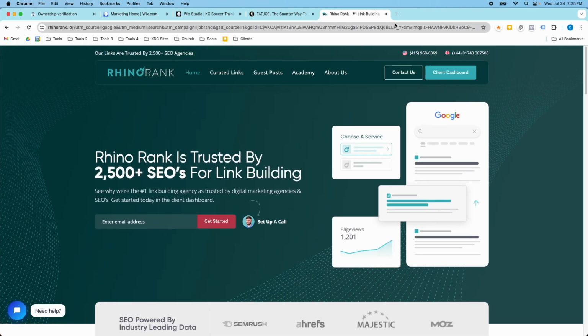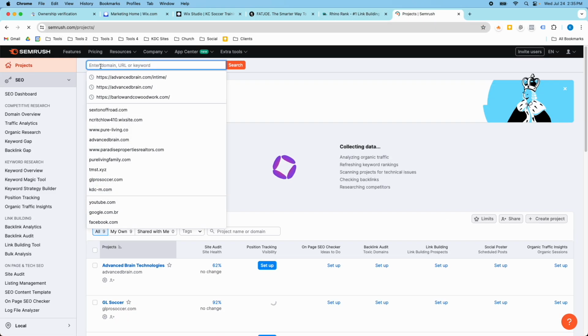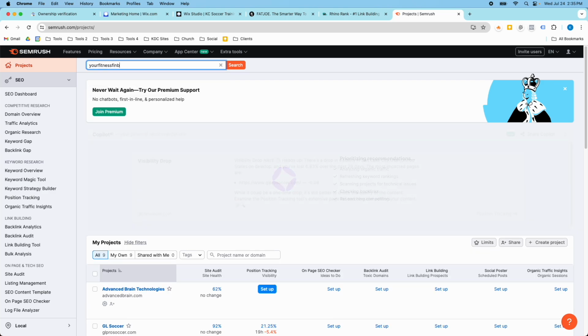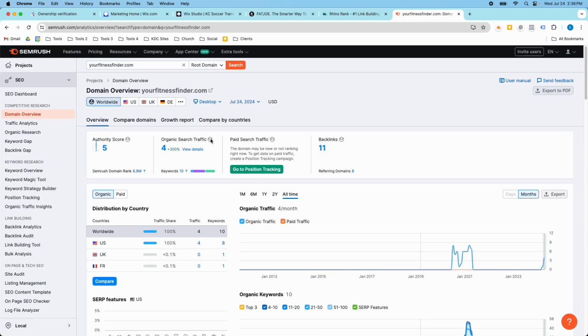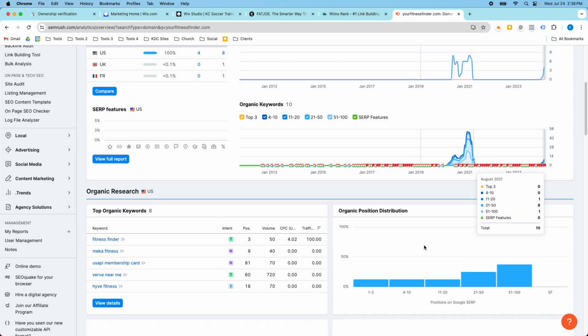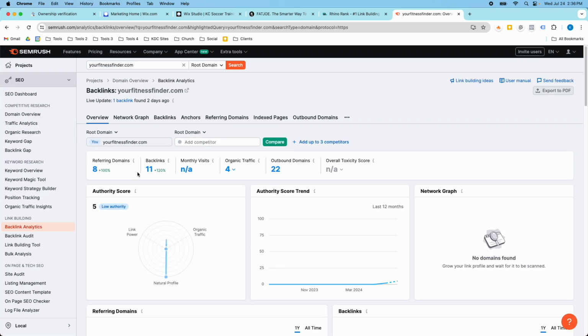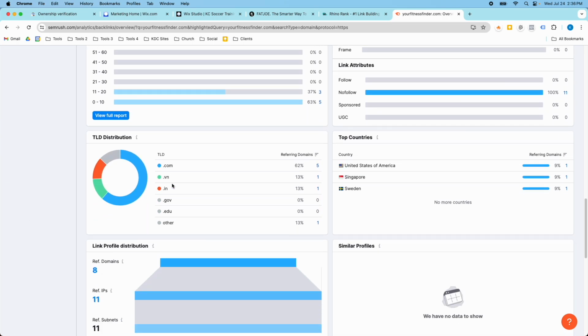If you do want to get really into this, there's tools like SEMrush. And so, for example, if I type in your fitness finder here, this is going to give me all kinds of data. Oops, I got to actually put in the domain here, yourfitnessfinder.com. So this is going to give me all kinds of data on the keywords that we're ranking for, but they have a whole suite of backlink analytics and tools, and this shows you how many backlinks we have, and it will give me opportunities as well to other domains that I should be thinking about